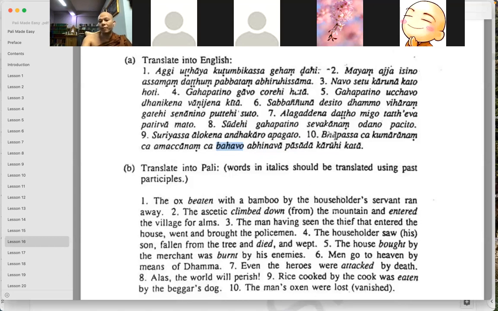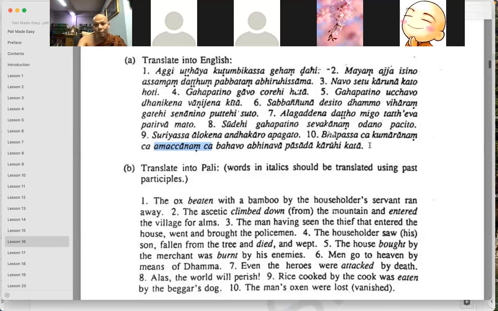And then Bhubasaja, for the kings. Kumarananja, for the princesses. Amijananja, for the ministers. So for kings, princes, and ministers. Many new palaces are built by the carpenters. Or the other way, many new palaces are built by the carpenters for the kings, princes, and ministers. So now we finish exercise A.